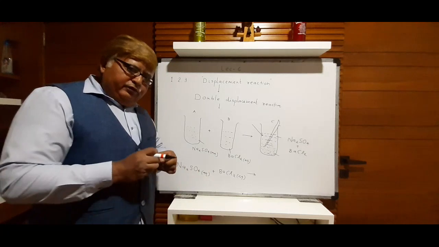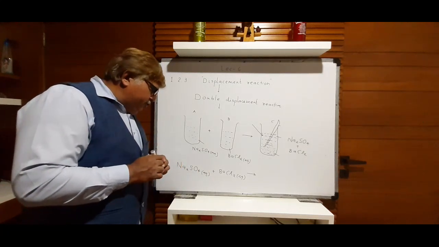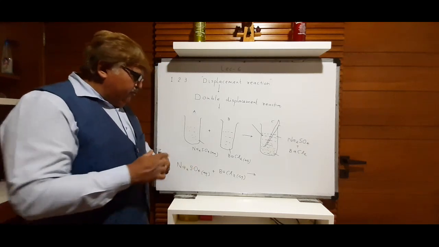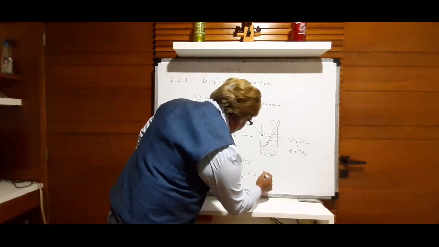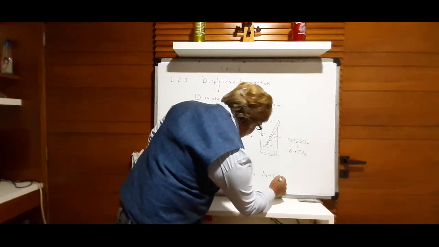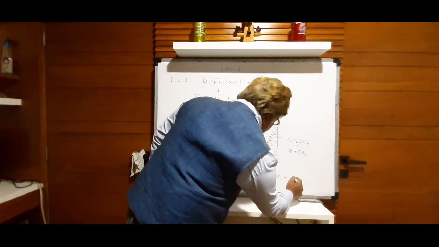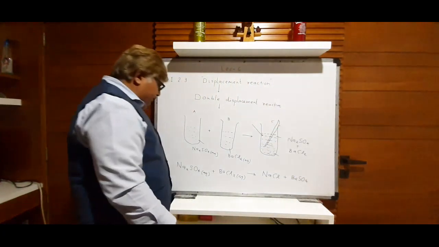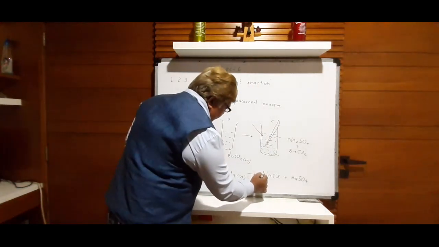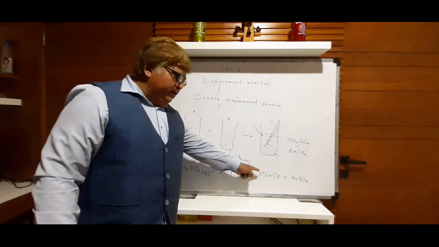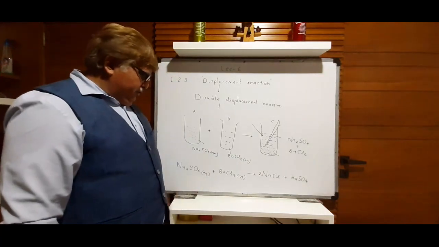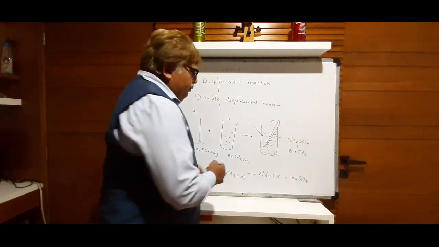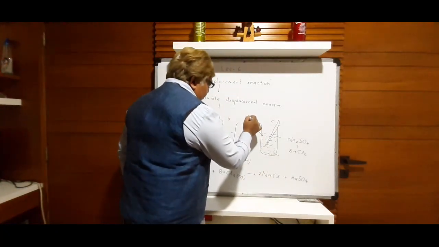When these two solutions are mixed and stirred, exchange of ions takes place and two new compounds are formed, NaCl plus barium sulfate, BaSO4. Let us first try to balance it. I just placed 2 here because of 2 chlorine atoms, 2 sodium. I think the equation is already balanced. Actually, the transparent liquid which is formed here is of sodium chloride,